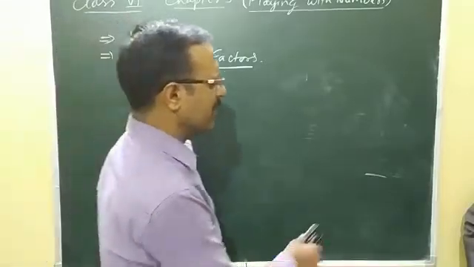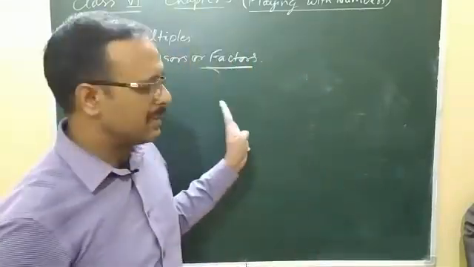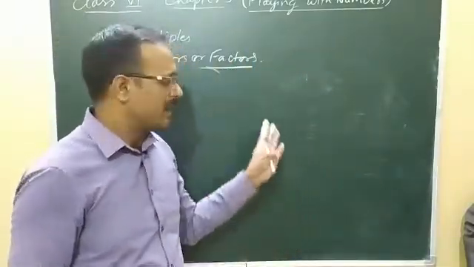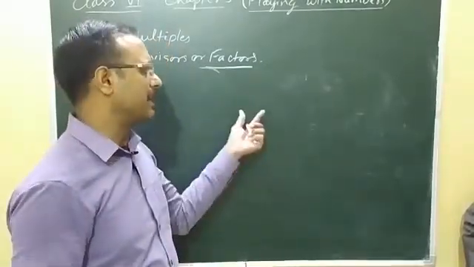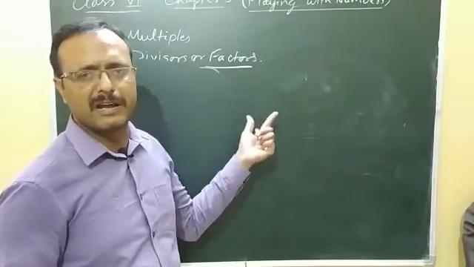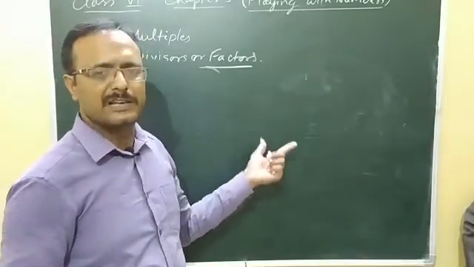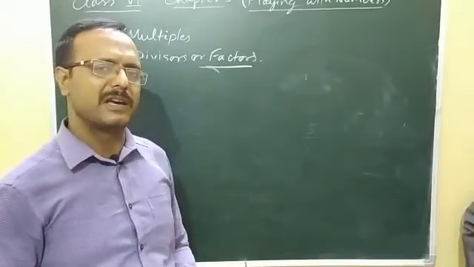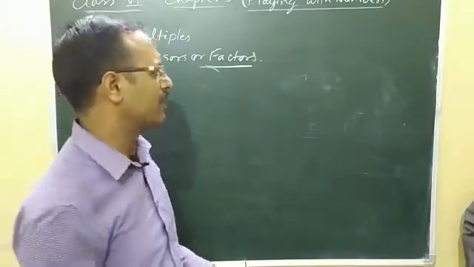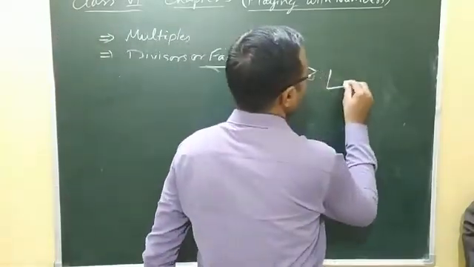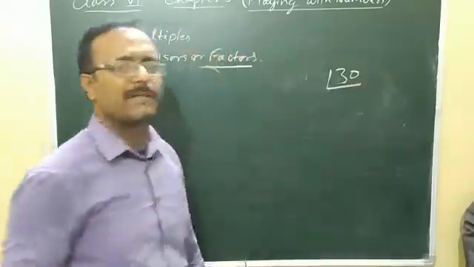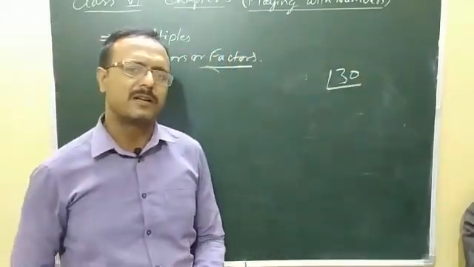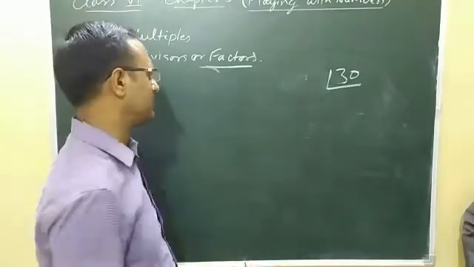Now suppose a very big number is given. You have seen how we were finding the factors of 20. We were dividing by taking every number one at a time. That is a lengthy process. If a bigger number is there, then what is the way you can find the factors? Suppose I have given 30. So how to find the different factors of the given number 30?